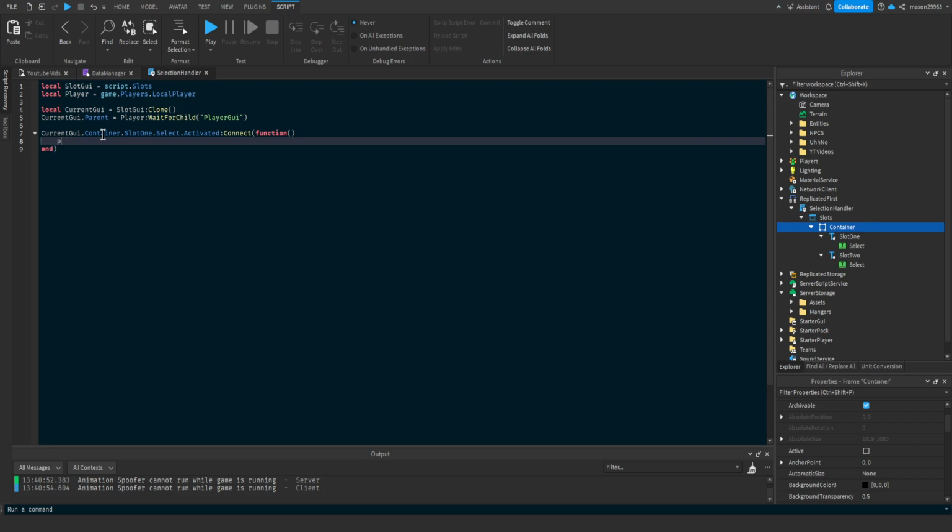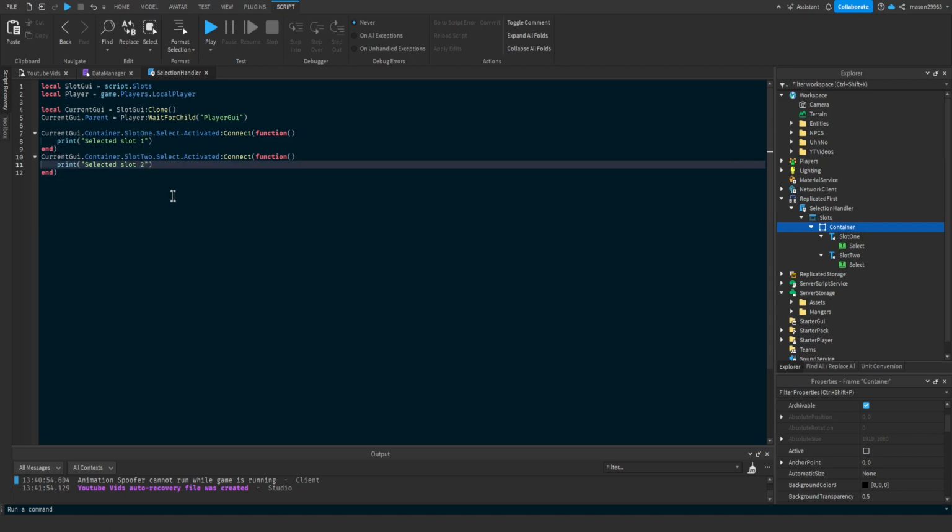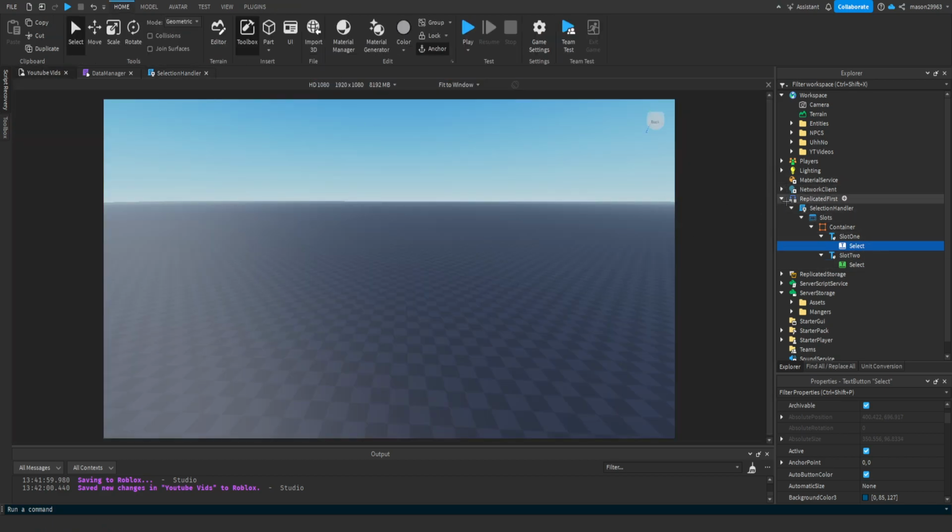We can just say print selected slot 1, and we're gonna do the exact same thing but for slot 2. So just for time, we can just say selected slot 2, like this. Basically this is gonna print every time we click one of these buttons, but instead of going to test every time we change something, we can go to replicated storage,